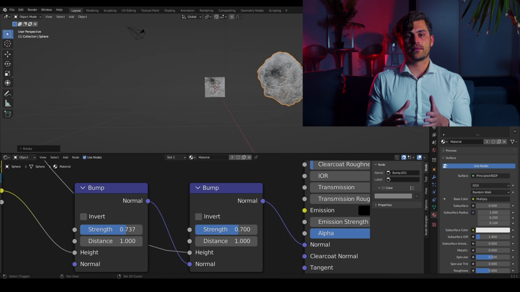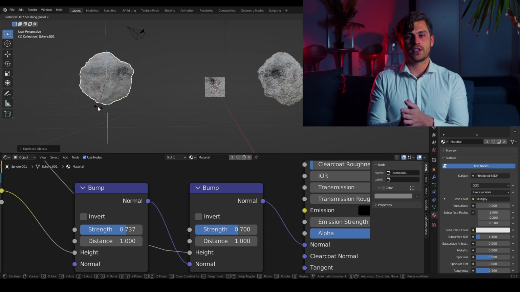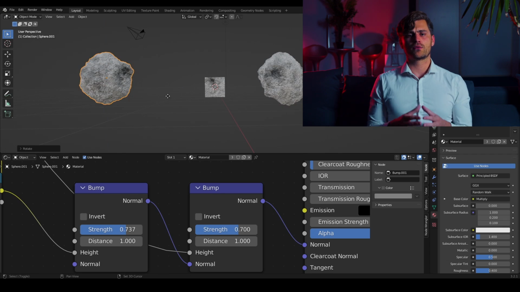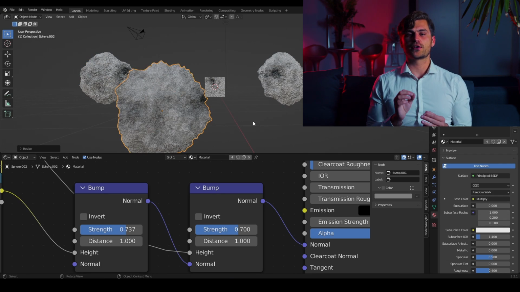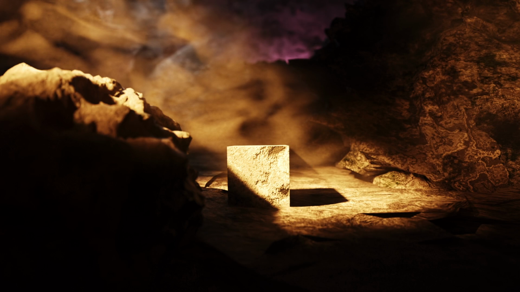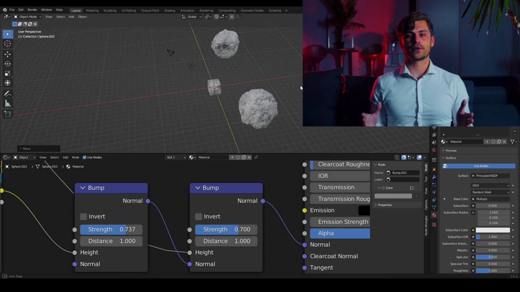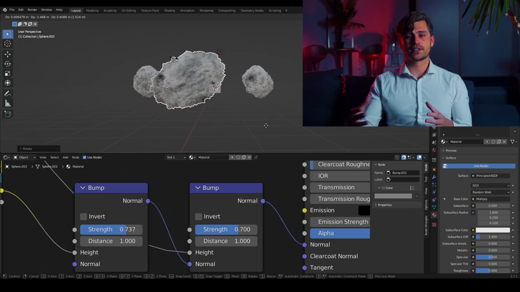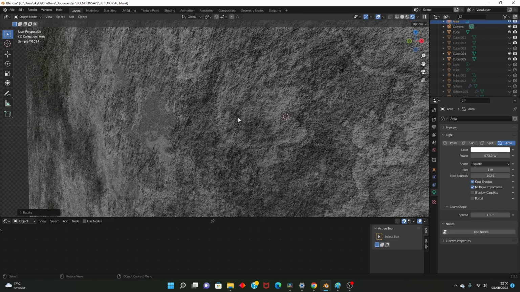If you duplicate them and scale them, they will automatically change and you can easily build out a rock scene. Of course there are better methods to do this, but this is a quick and dirty way of making stones real quickly. The good thing is the UVs don't stretch, because we have made a procedural material, and because it is set to object coordinates, it works flawlessly. I like the way the material looks.